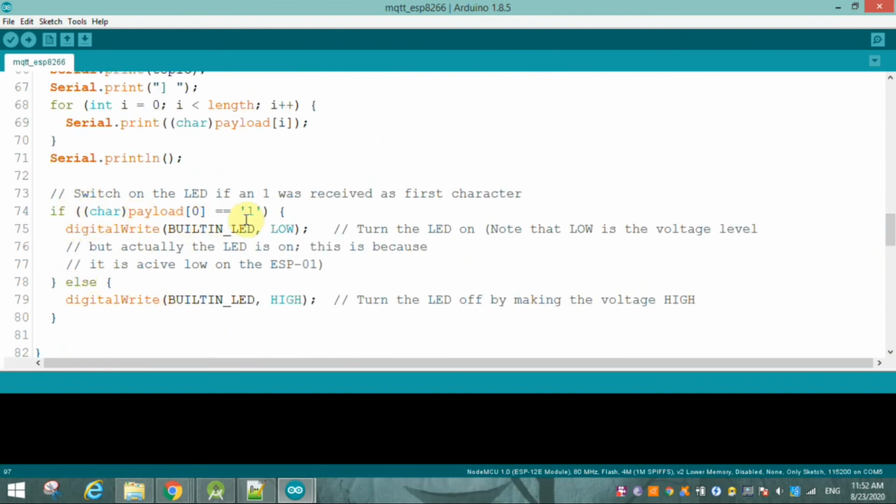If char payload equals 1, that time the LED will be low, means turn on, because the built-in LED is active low, so low means it will get on. Else, if any other data comes instead of 1, that means if you receive 0, the LED will go high, means it will get off.